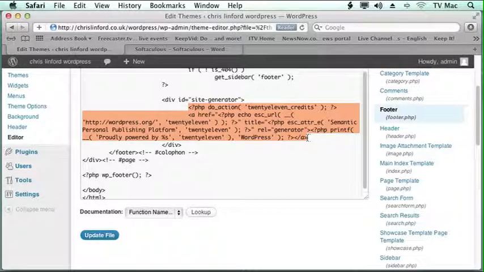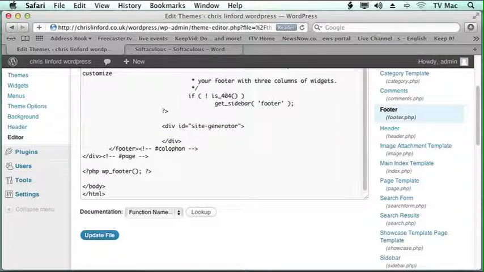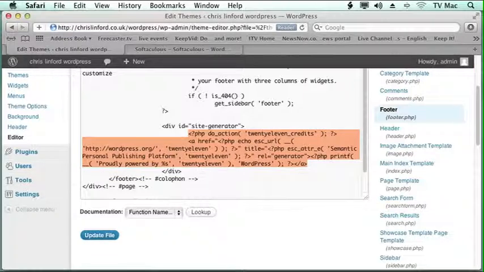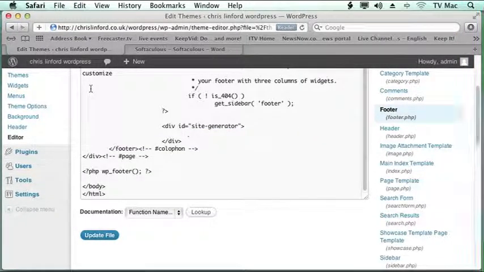Now, each theme might have this in a slightly different way, but it will be in the footer, and you just need to find the piece of text that does it. And then all you need to do is to delete it, or what I would do is I would cut it out, so if it goes wrong I can paste it back in again, update the file,